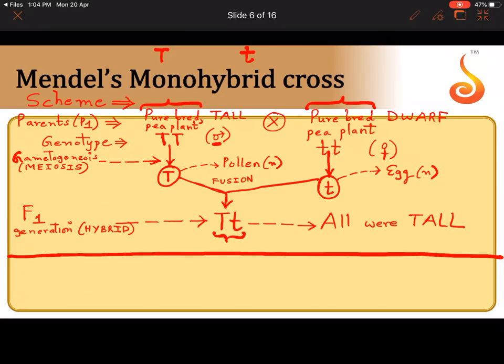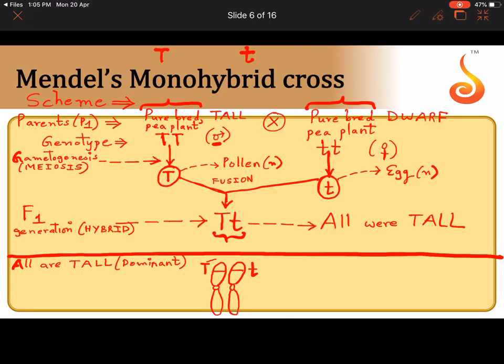Okay, what did Mendel conclude here? Mendel said all are tall. So what did he say? The dwarf trait had disappeared. So he said which is dominant over the other. He considered the tall trait to be dominant. So if you were to imagine this plant, I have always told you, when you see two alleles, always conjure up an image of a chromosomal pair like this. On one there is capital T sitting, on the other in the corresponding position small t is sitting.